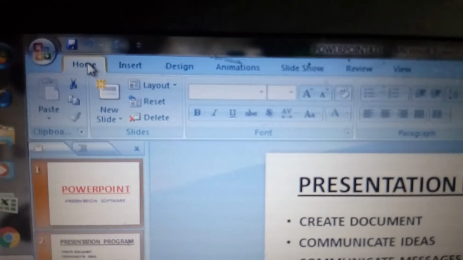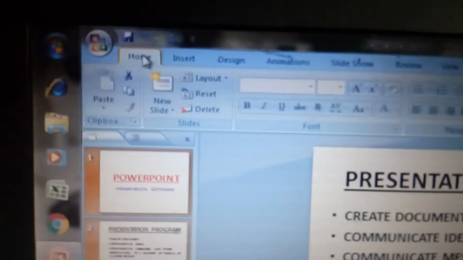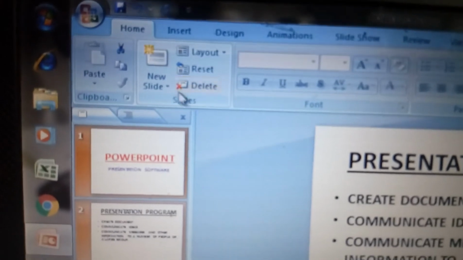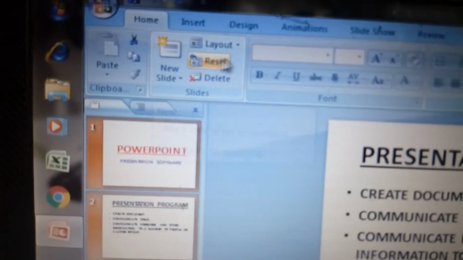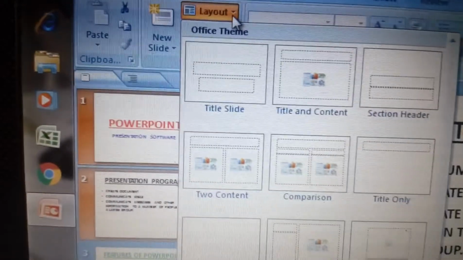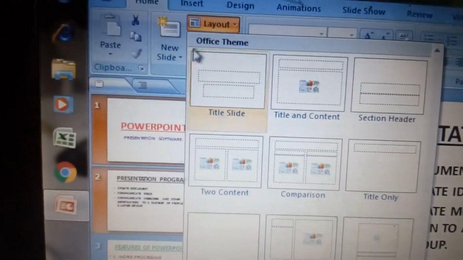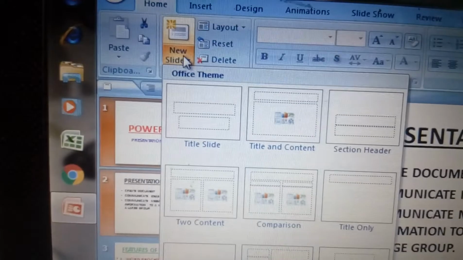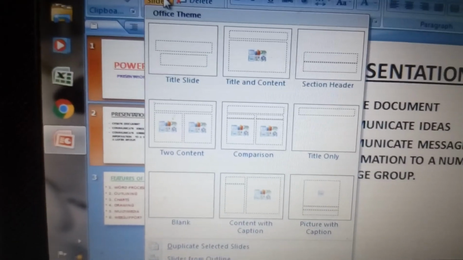To create a blank presentation, click on Home, click on New Slide, or from the layout. Click on Layout, we can get the slides. Similarly, click on New, we can get all the Office themes.